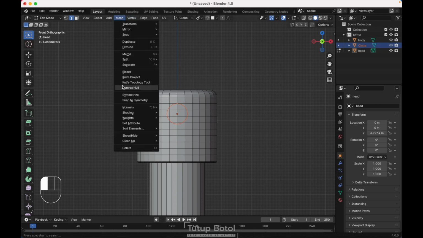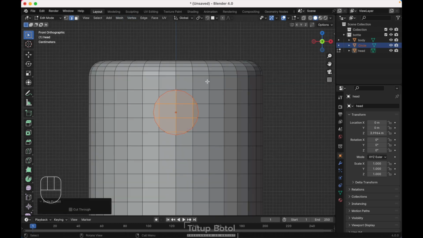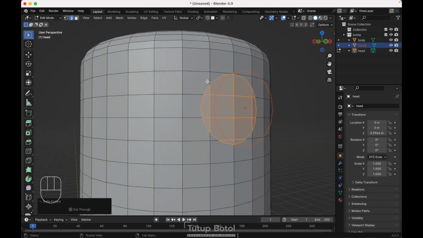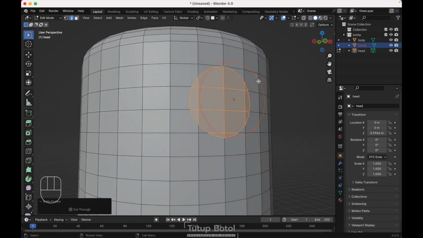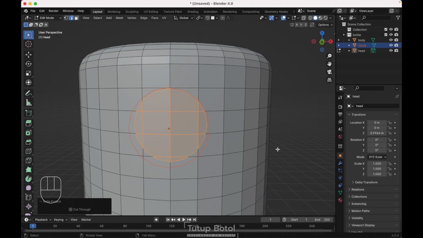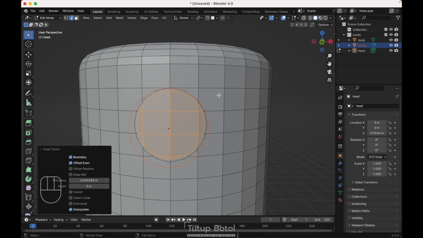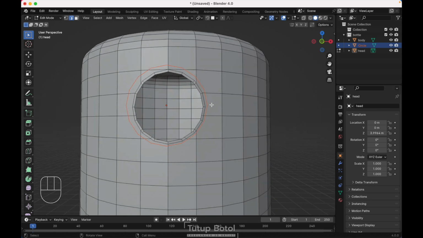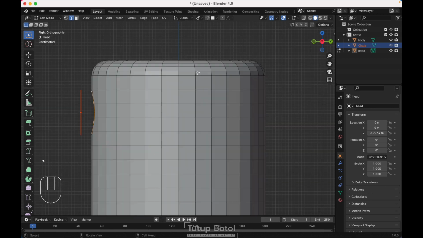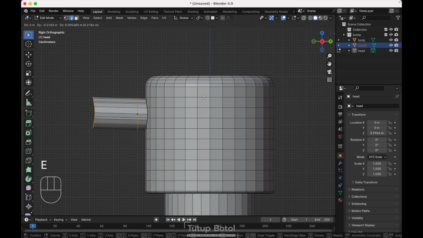and select this object, tab to edit mode, click the circle, go to mesh, knife project. Now it will create the new mesh, like this over here. Just press I to insert like this, and X, delete the face, just like this, and click this edge, go to the right view, press E to extrude on the Y axis, just like this,